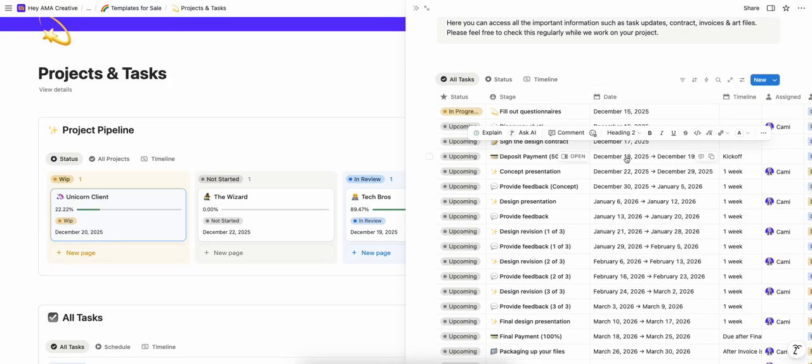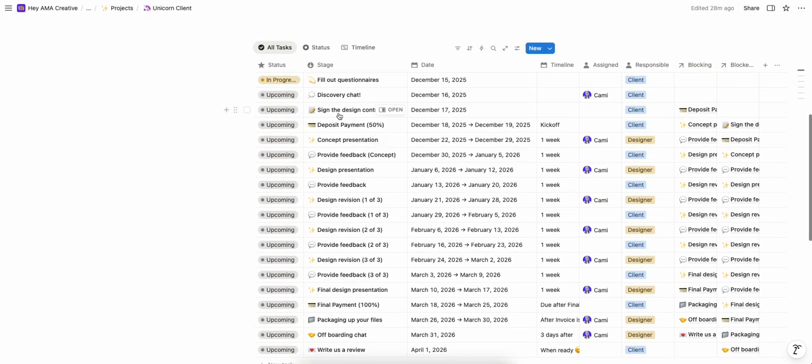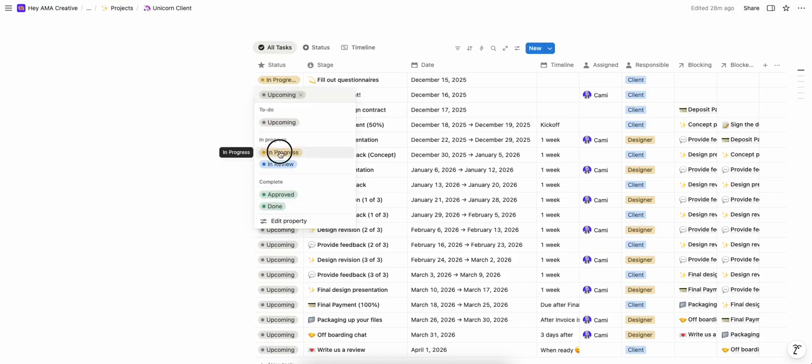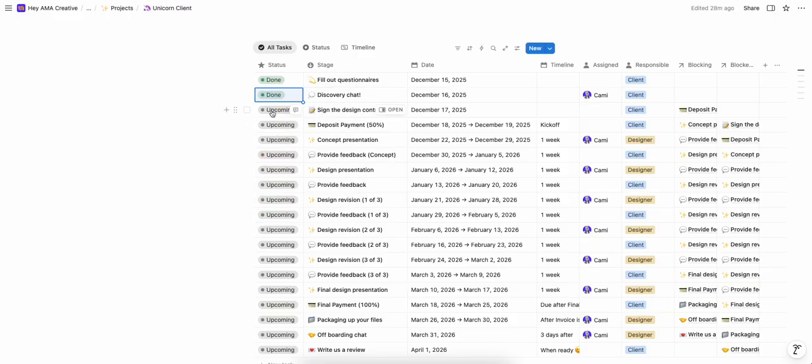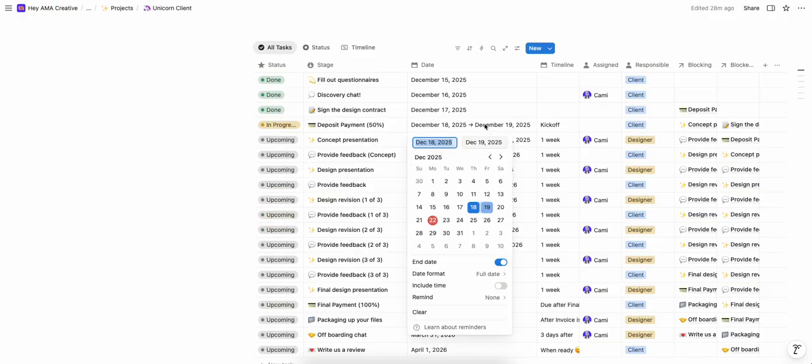Let's say, for example, that the client took a little longer. Let me extend this real quick. A little longer to pay the deposit than we liked. So let's say this already happened, this also happened. And then for paying the deposit, this is the progress that we have right now, but they are actually taking a little longer than I like. So let's say they actually only paid on the 23rd. Everything shifted. See,